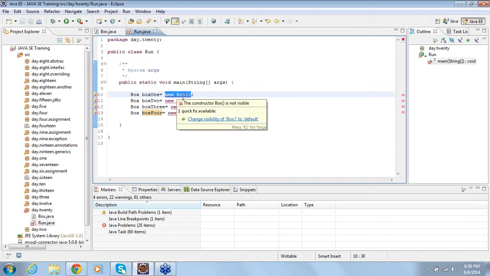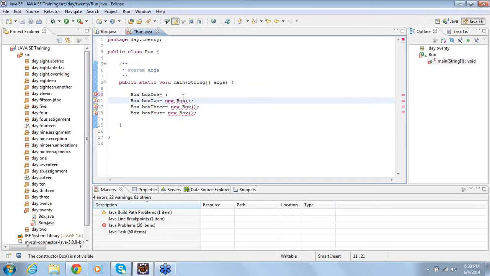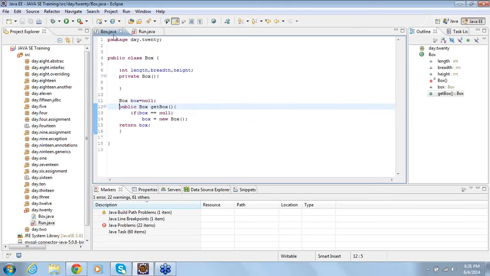Because the moment you have a private constructor, you won't be able to create an object of it.